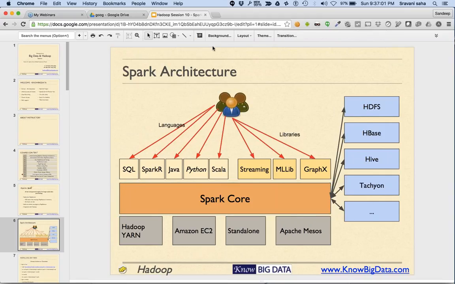On top of that, the advantage of using Spark is that it comes with various libraries, such as for streaming, as in handling a live stream of data at a very fast pace, then a machine learning library and graphics. You can talk to Spark using these programming languages.